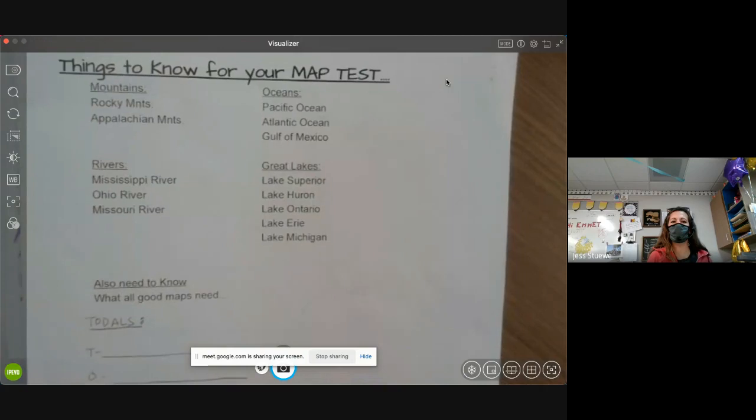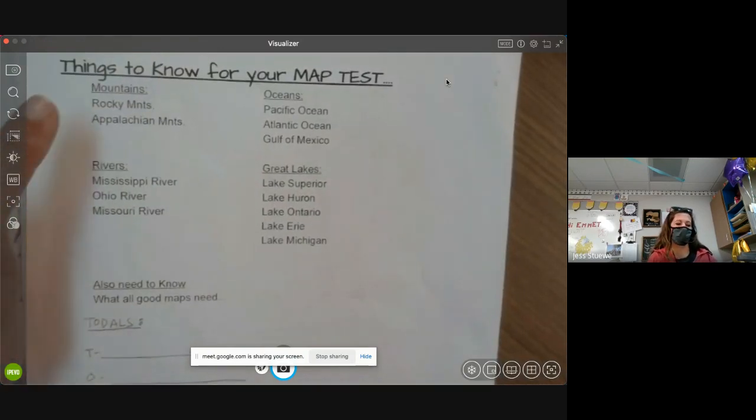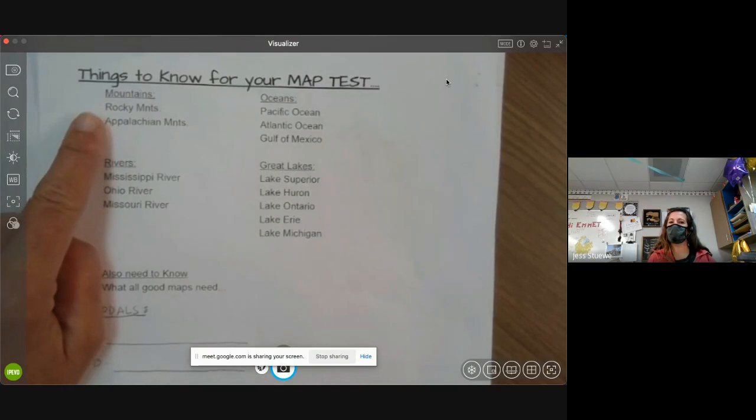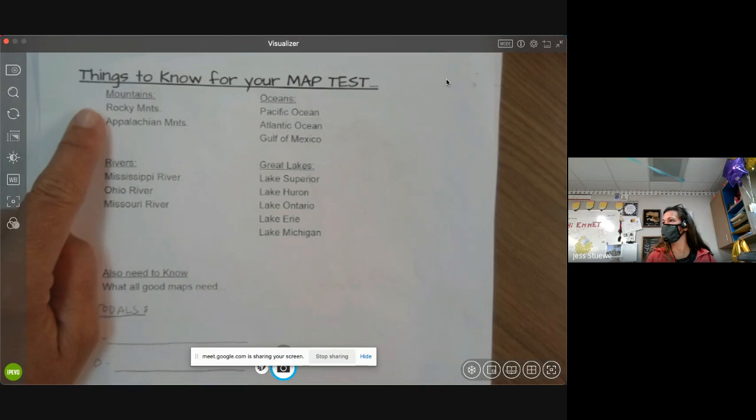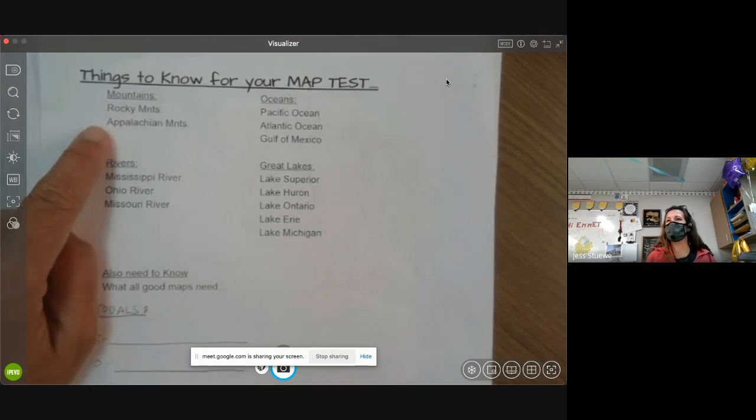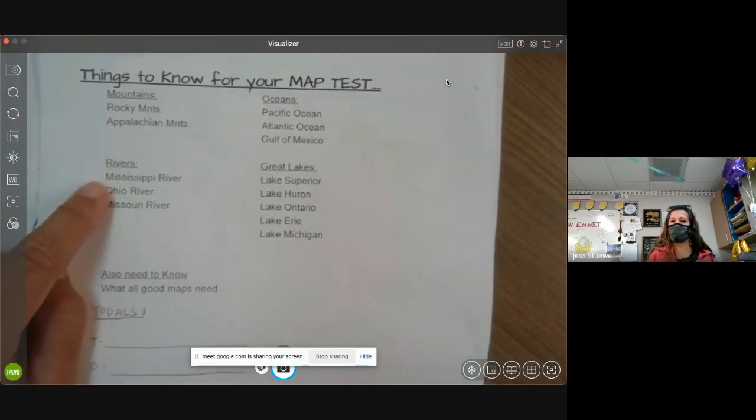Okay, so folks, here's the things that will be on the test. I'm going to give this to you today. Eyes up on the board, please. And you can visualize on a map. If I asked you to find the Rocky Mountains, thumbs up, sideways, or down. Thumbs up, I got it, Mrs. Stew, I could find it. Thumbs sideways, I'm not sure. Thumbs down, I'm lost. Could you find the Rocky Mountains? Just thumbs, no voices. Appalachian Mountains. Can you find the Mississippi River? Can you find the Ohio River? We just reviewed those two.